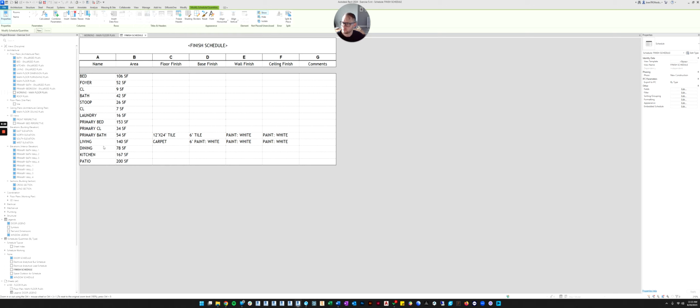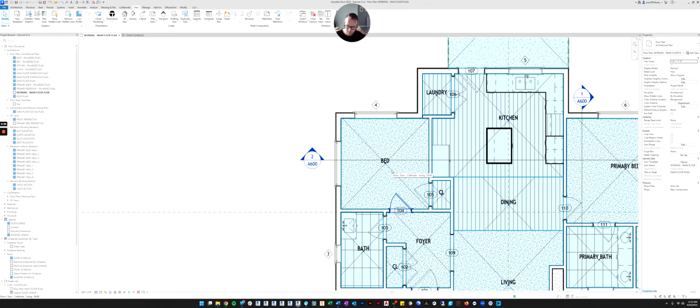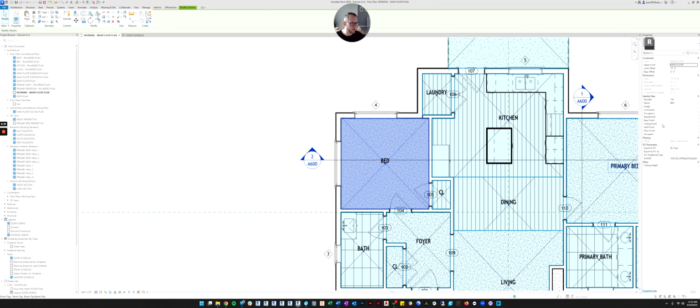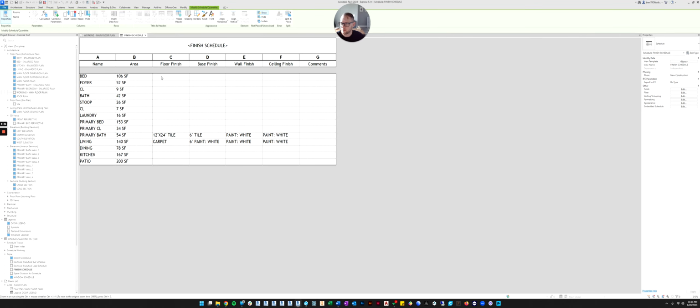And you can see the rooms where I already filled out the information, you can see they're already filled out in the schedule. So like I said, you can go into the main floor plan and you can click on each room and you can fill it out over here in the properties panel, or I could come to the bedroom and I could just say carpet.